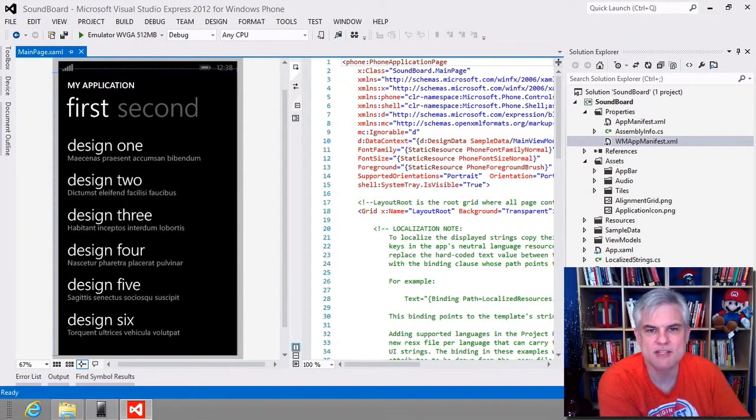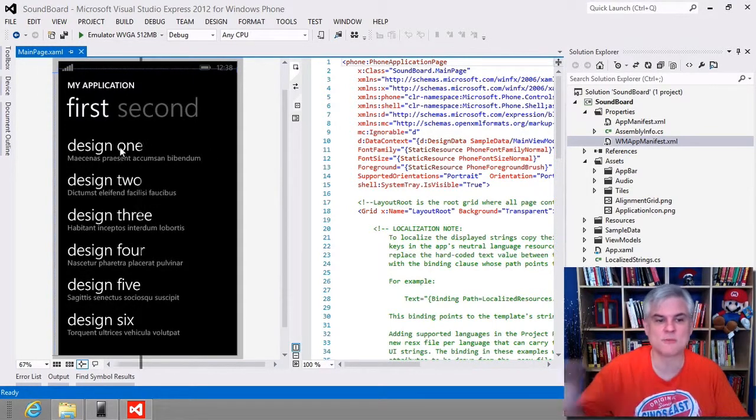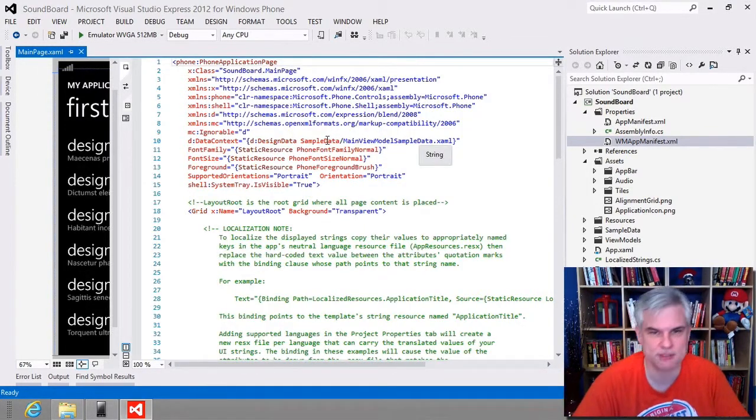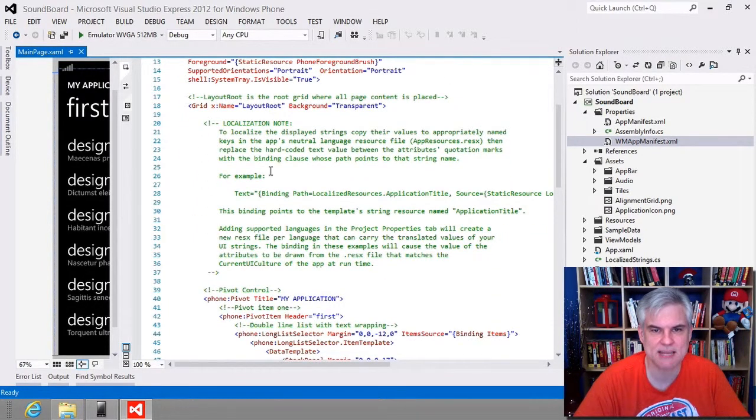What I want to do next, though, is I want to think about configuring the title of the main page to pull from the appresources.resx file. I don't plan on localizing our application completely, but I'm going to go ahead and set up the app so that we could easily add it in the future and expand the number of markets that we can sell our app to. So to begin that process, what I want to do is open up the mainpage.xaml, and I want to locate the